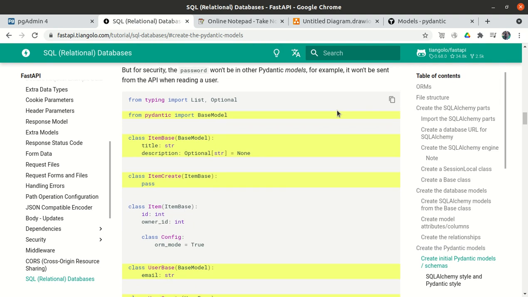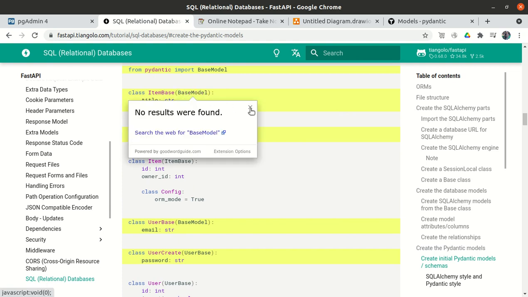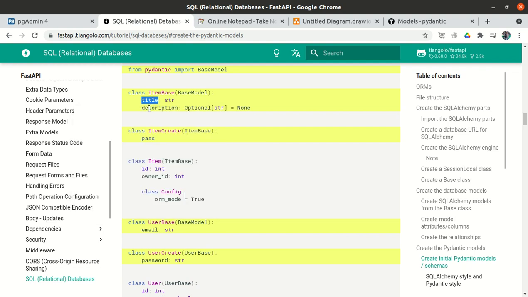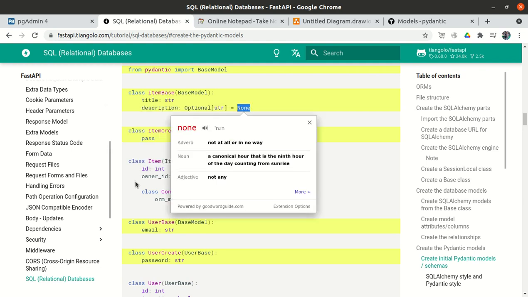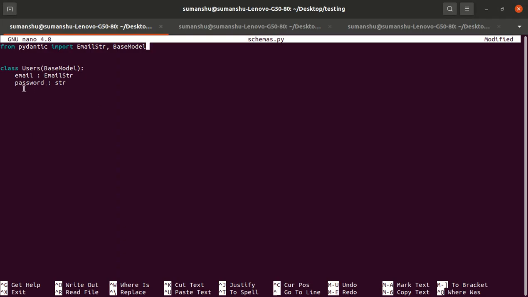So we create a class, let's suppose an Item class, which will inherit the BaseModel class, and item has two fields, one is the title field and one is the description field. Title could be a string and the description could be an optional string, and it could be None. Whatever details we want, we can define here. As of now we have defined EmailStr and password, and password is of string type.